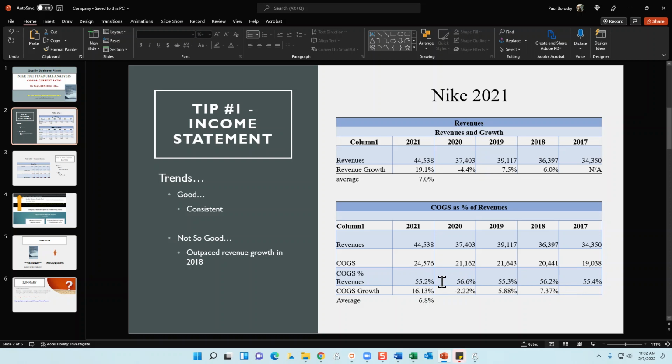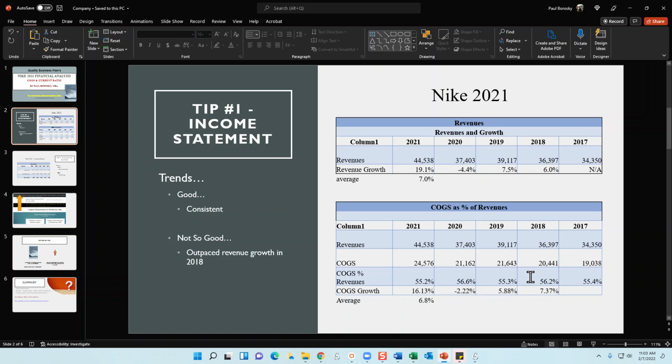This tells us that the organization is actually doing a real good job either controlling their cost of goods. They're doing a good job negotiating the raw material costs for their sneakers and their clothing lines. Or if their raw material costs increase, they're bumping up their sales price to cover it, to make sure that their gross profit margins are staying the same. So in my most humble opinion, this type of trend is actually a good thing because it shows